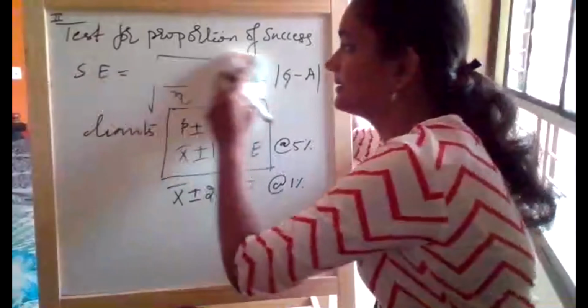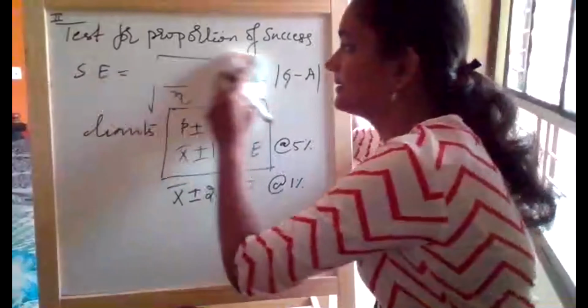Now what is the number of favorable cases? It is nothing but the defective apples, which is 50, and the total number of equally likely cases is nothing but our sample, which is 500. So P is 50 by 500, which is 1 by 10. Based on this, Q is 1 minus P, which is 9 by 10.